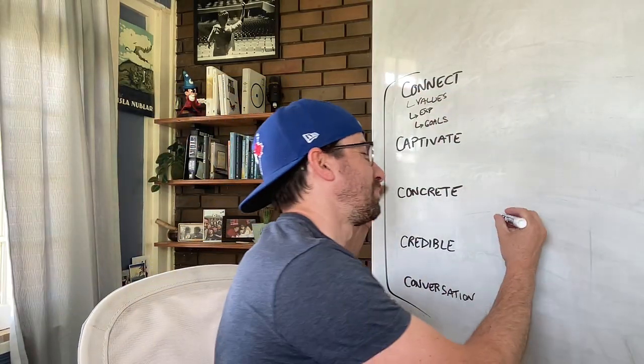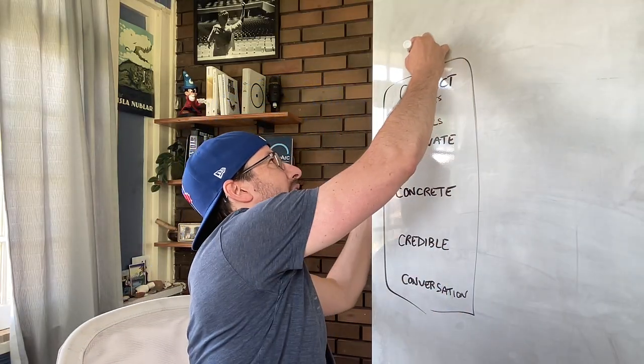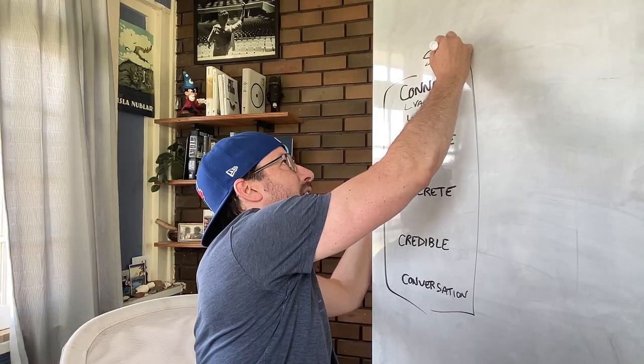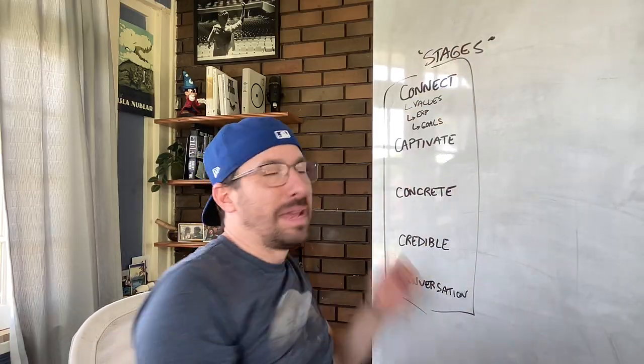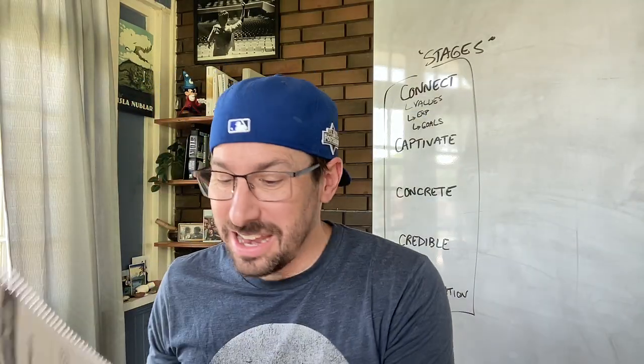So I'm going to end with that here. This is a great framework that you can slide your ideas into, get your main message idea. So mine was about stages. My main message, the theme of my message, is stages. And then you're going to go through and just write a document like this out. Say, okay, connect. Okay, what am I saying to make it connect? And you've already come up with so many good ideas. You can piece this together just like this and start to just Frankenstein your message together so that it becomes a cohesive whole.